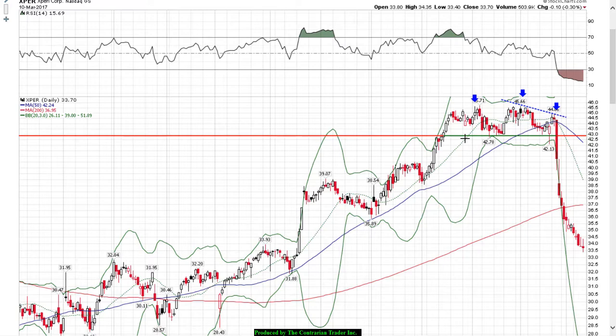You even have the SEC now, which is lining up against the small investor by allowing shares to be traded in nickel increments. I did a Bob's rant on this several weeks ago. Just try to buy Sierra Wireless in a penny increment. You can't do it. It has to be in a nickel increment. So is the market corrupt? Absolutely.